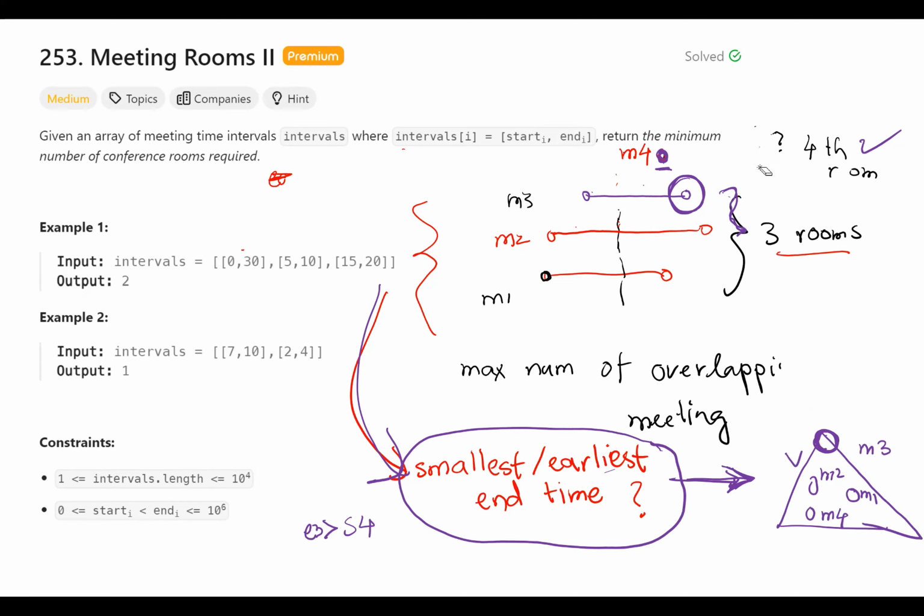Let's change this meeting a little bit. Let's say meeting 4 was looking like this. Sorry, meeting 3 was looking like this. And meeting 4, let's say meeting 4 was looking something like this. Okay. So obviously these 3 meetings were happening in 3 rooms because they were happening at the same time. And then